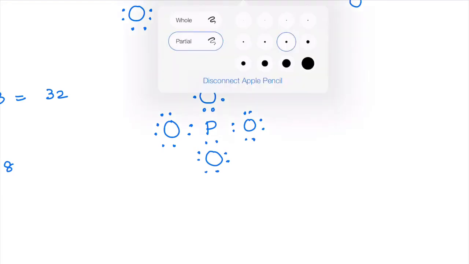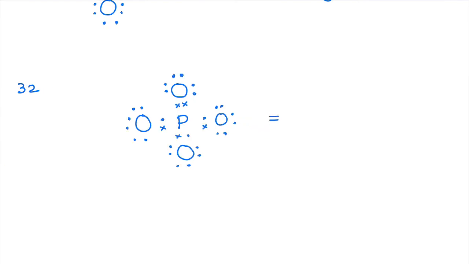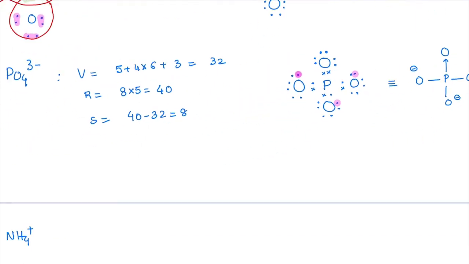What does dot form mean? I'll show you here. From here, here and here, imagine that these three are being shared. If I write the bond line form, we have O, P, O, O, and then an additive bond O here, right guys? But there is an extra electron present here, here, as well as here. That extra electron represents that there must have been a minus charge on it. Got this, guys? This is the structure you got, right?